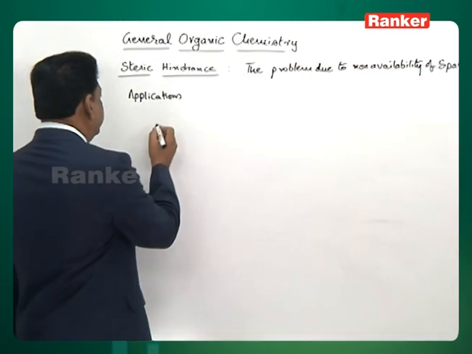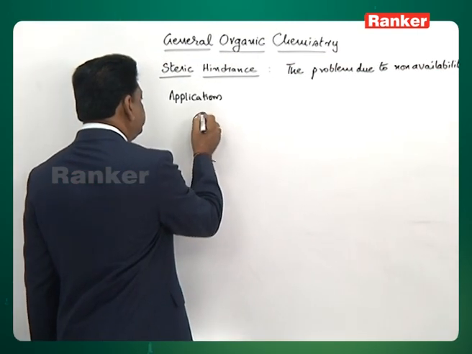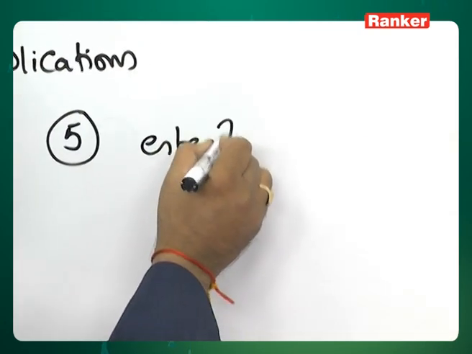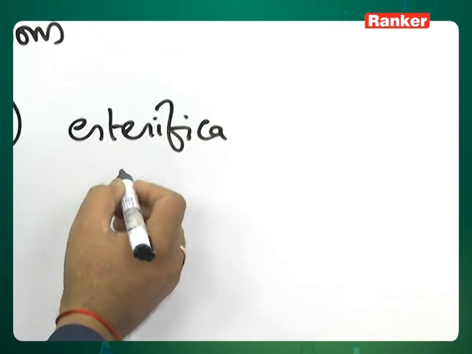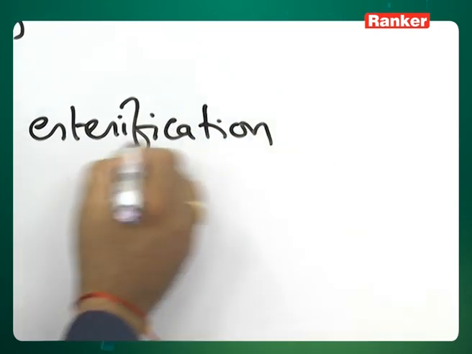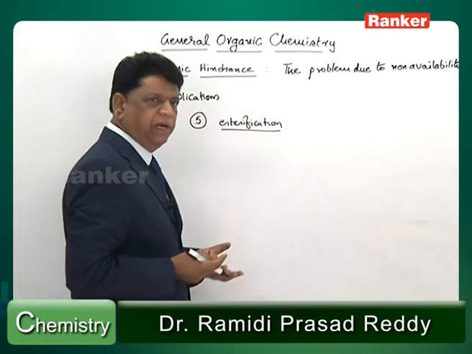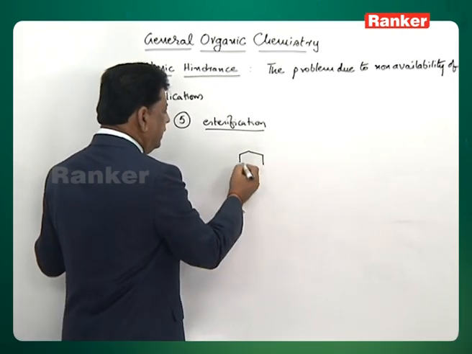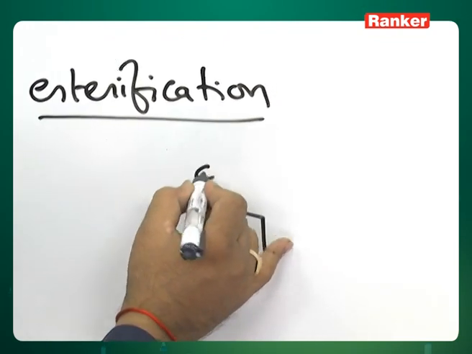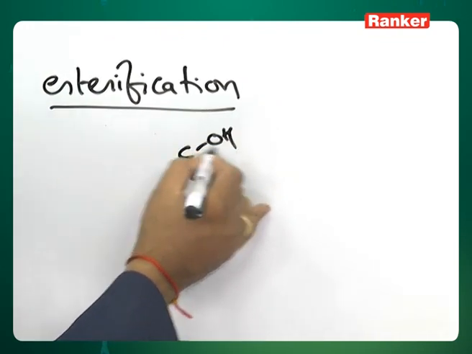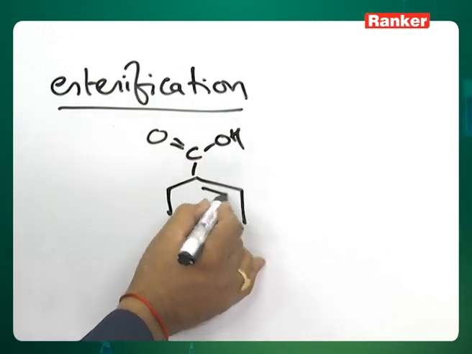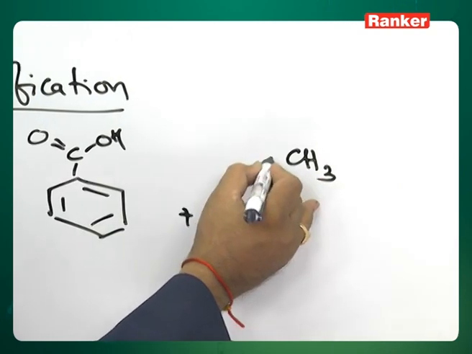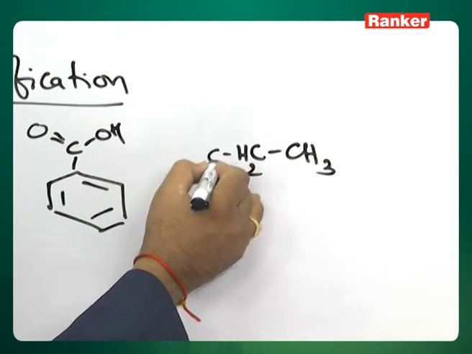So, let us go for another application, like esterification, influenced by the adjacent group. How is it going on? Let us see. A benzene containing a COOH, a carboxylic acid group, when treated with ethyl alcohol, CH3CH2OH,